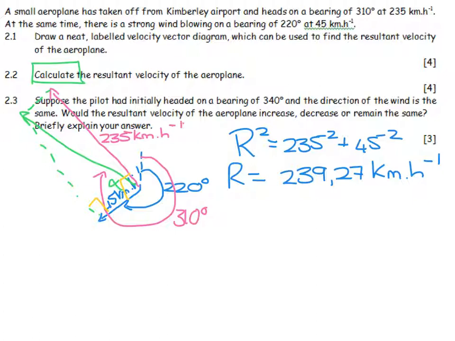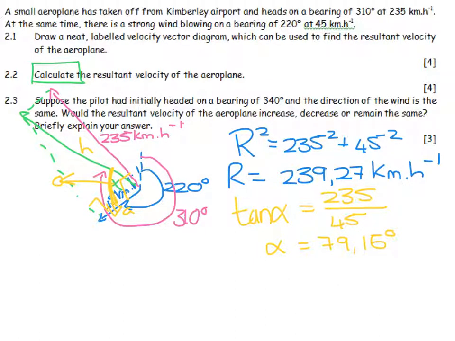So I'm going to take that and I'm going to say, I know when I use this angle over here, this is my opposite, this is my adjacent, that's my hypotenuse. I know my opposite and my adjacent, so I'm going to go with tan. Tan of alpha is equal to the opposite side, which is 235, divided by the adjacent side, which is 45, and my alpha turns out to be